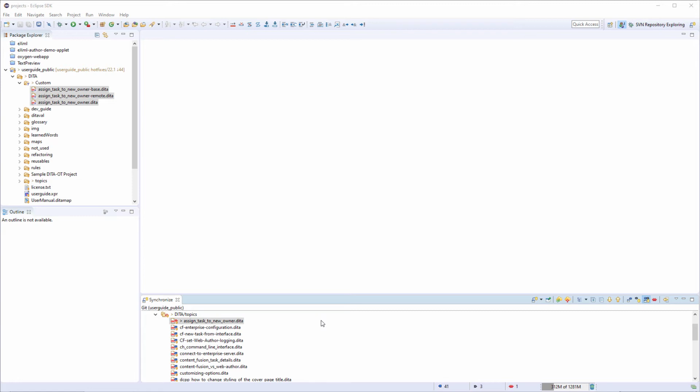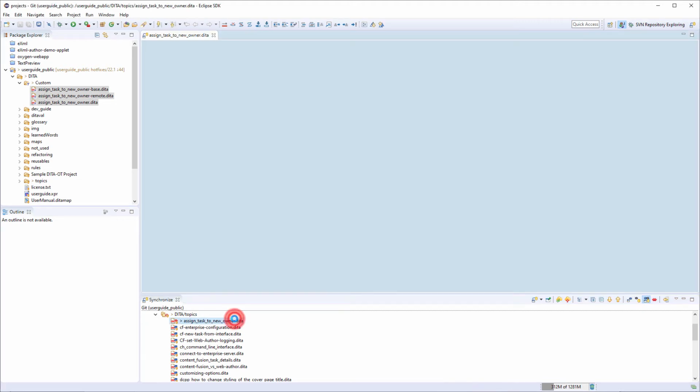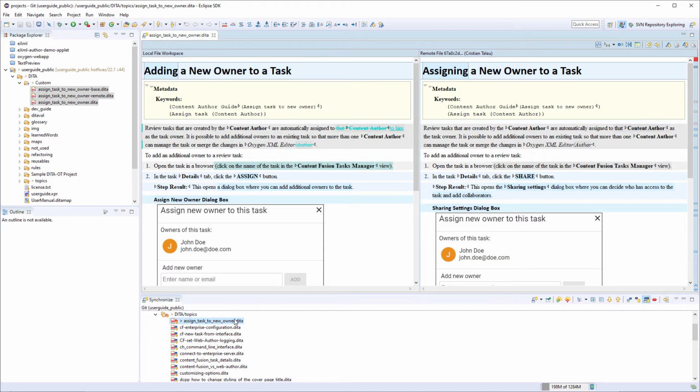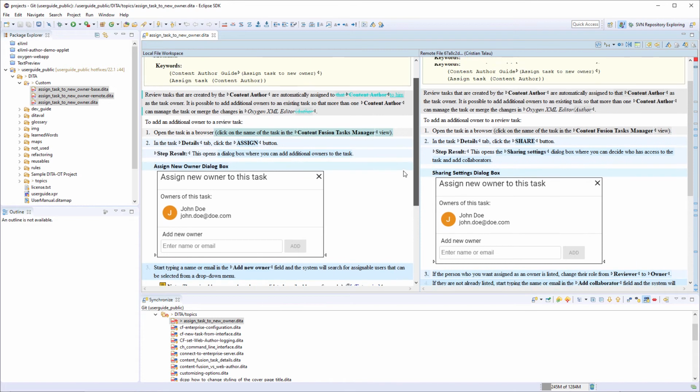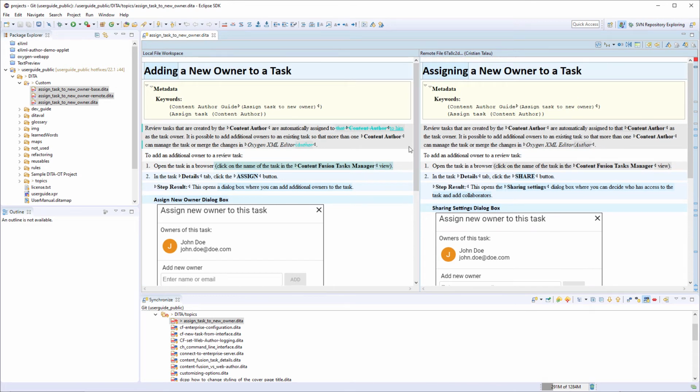If you use a versioning system, you can compare files directly from the Synchronize view. I have a file here that shows there are some changes in the repository, and I just need to double-click it to open the comparison. Notice that it automatically opened the comparison in the visual mode, where I can see how the compared changes will look in the final output. It includes some unique features, such as a toolbar button to specify the type of tags to display in the visual comparison mode.